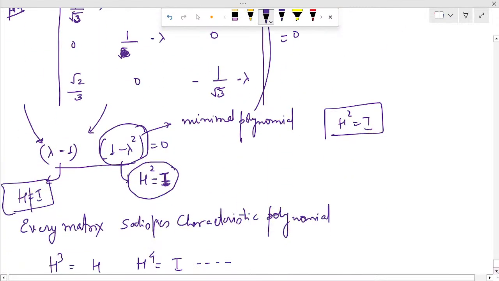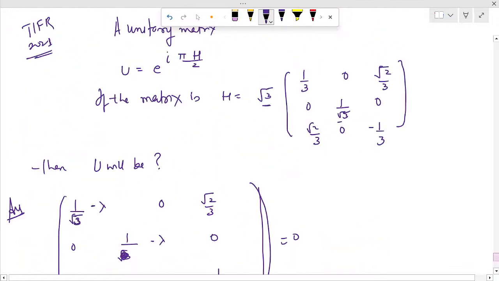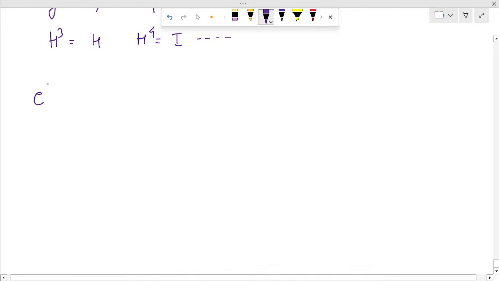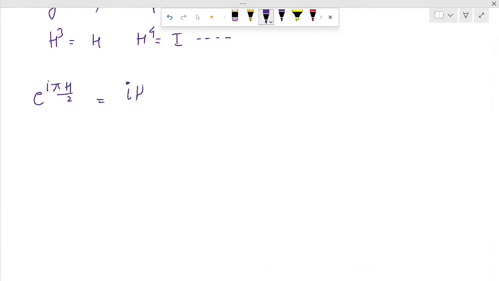So if you just do this particular question, you want to find e to the power iota pi h by 2, and again the same concept is repeated. e to the power iota pi h upon 2 would be equal to simply iota h. The same calculations that you did in the above question will be valid here also. So if that is the case, then you'll find the answer would be iota